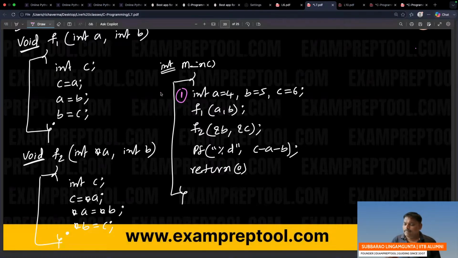First line into A, B, C. I think 3 people. A4, B5,